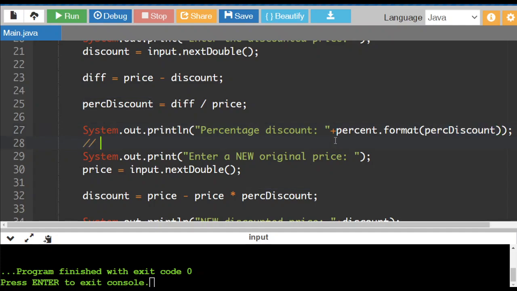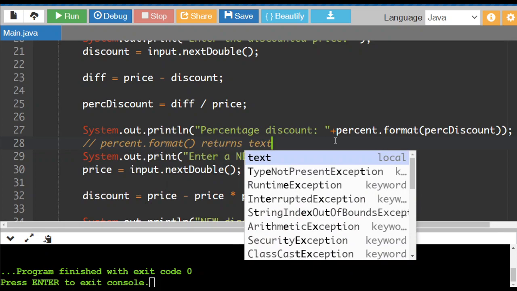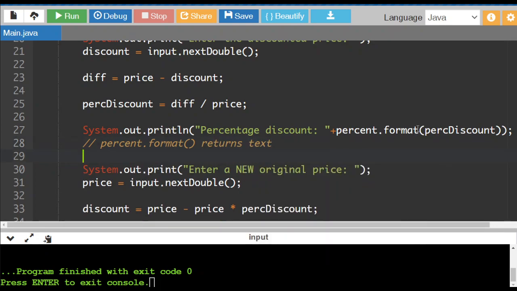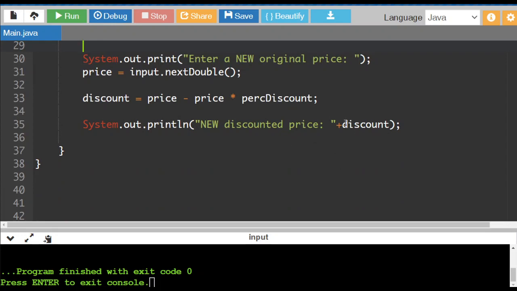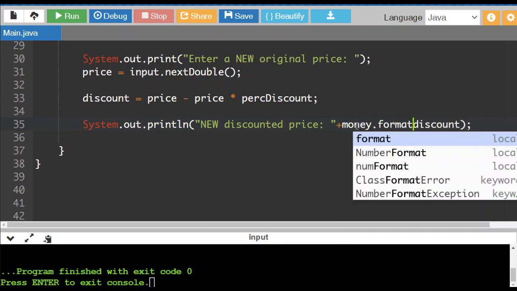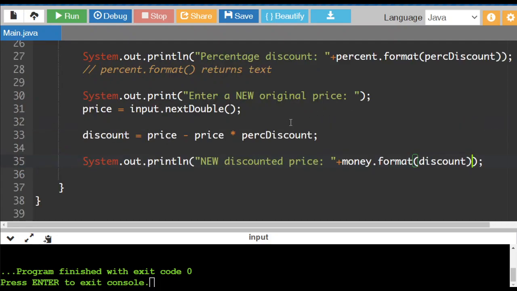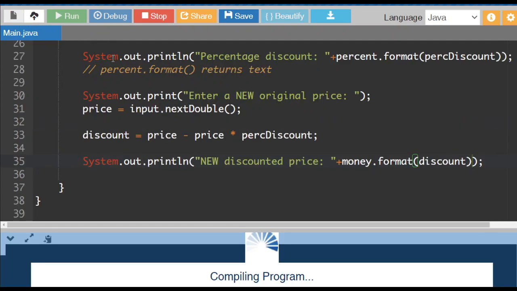So remember that percent.format returns text. So you cannot do any calculations with whatever it returns. So it'll return text that will be formatted as a percentage. Down here, this will be our money amount, and we can do the same thing, money.format. Just like that. Okay, so if I run the program now,